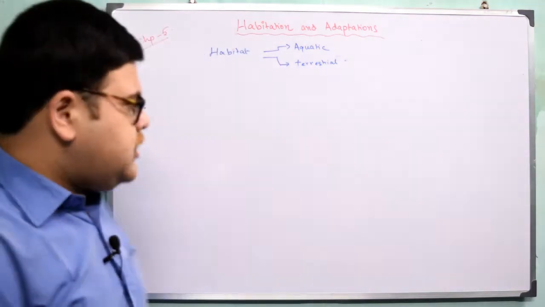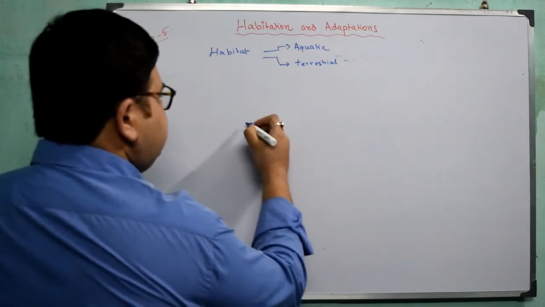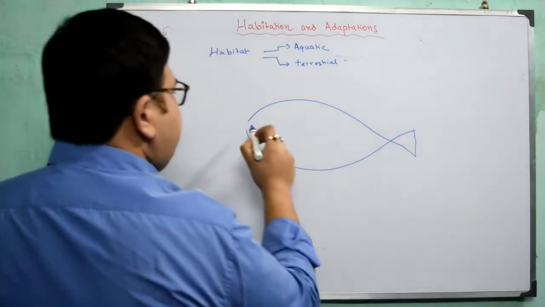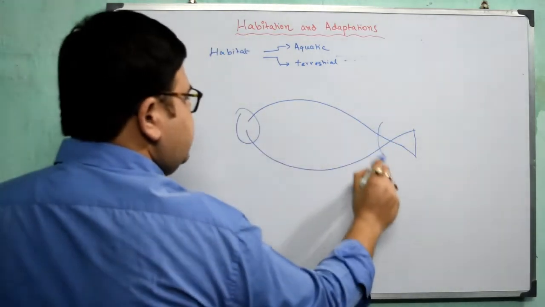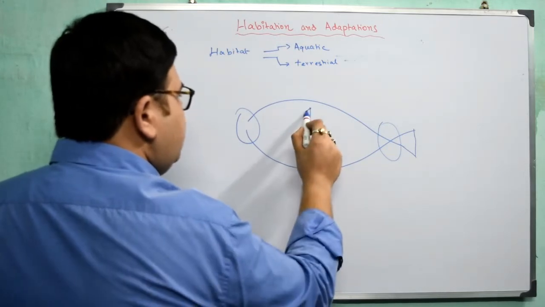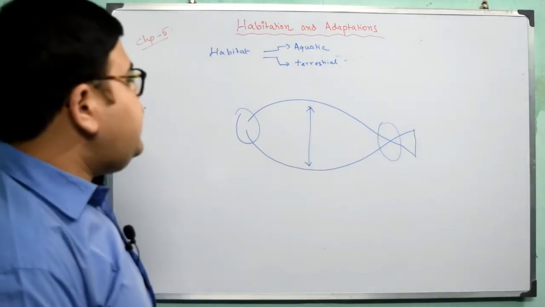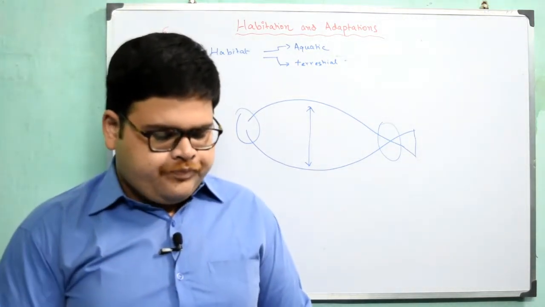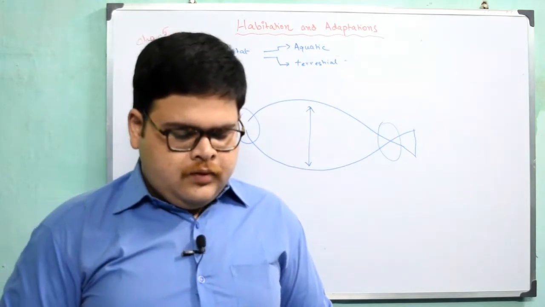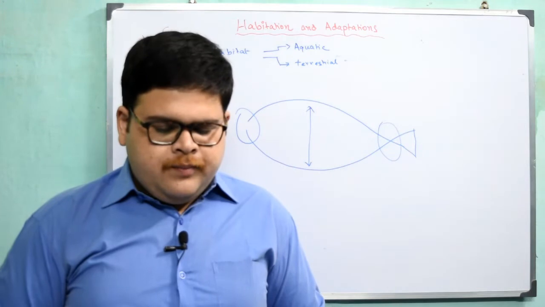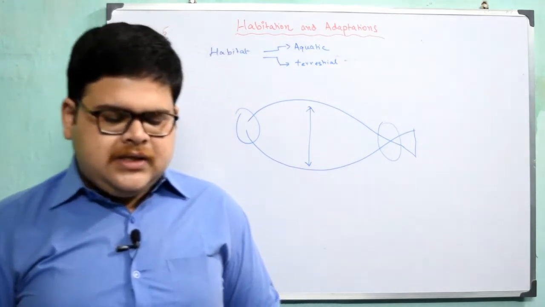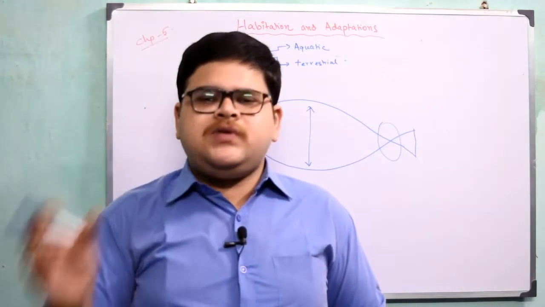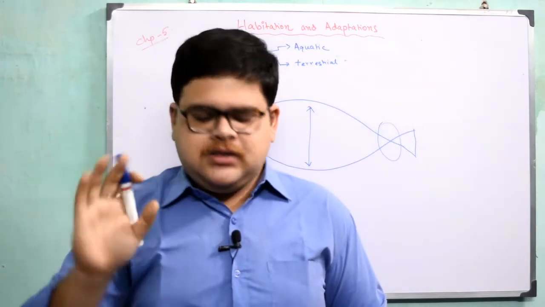Now if we draw the structure of a fish, it will definitely be like this. Now see, this part is tapering and this part is also tapering and it is very broad in the mid region. This particular type of structure helps them to swim. This helps them to move by cutting through water, offering least resistance to it. Fast moving fishes have more streamlined bodies. You will see that fishes which are very small move very fast. This is the reason.